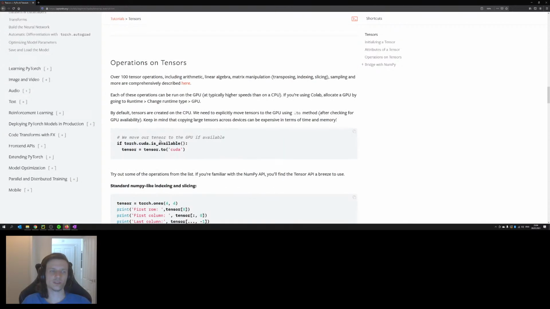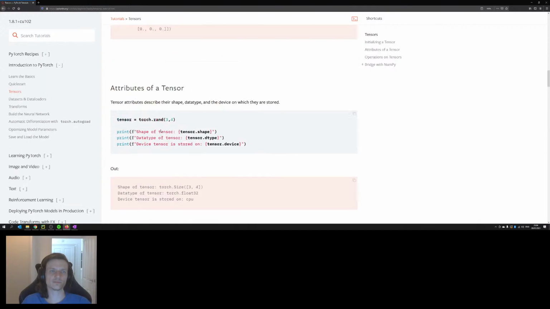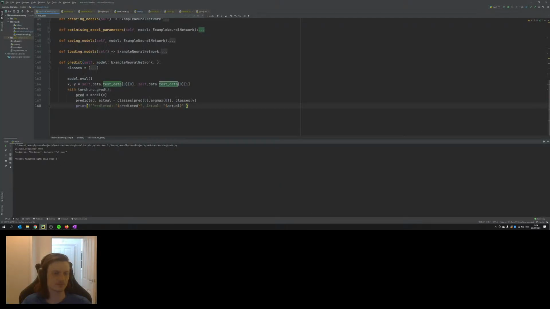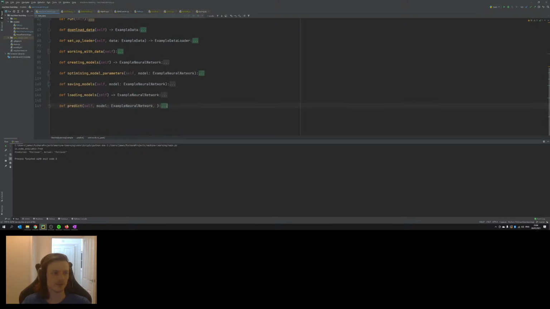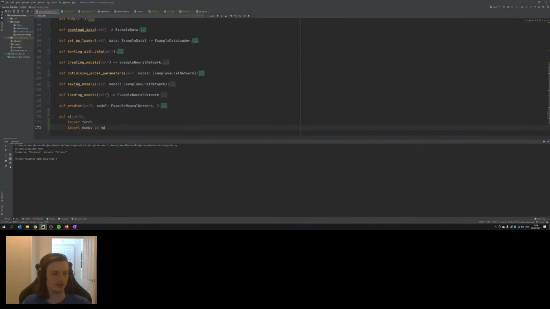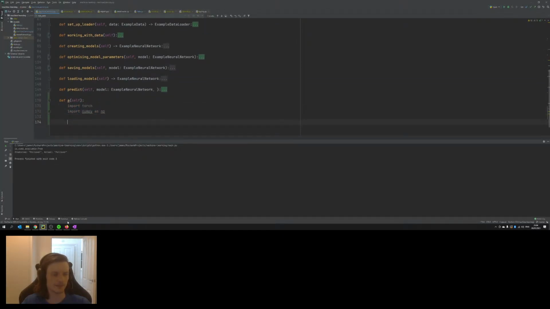Right, let's read where this is going. I see, okay. Got them over here. So these are the dependencies for this. Let's make a new function. I'm just going to call it A for now because I don't quite know what it's going to have in it. Let's grab those, copy those, paste those in. And then